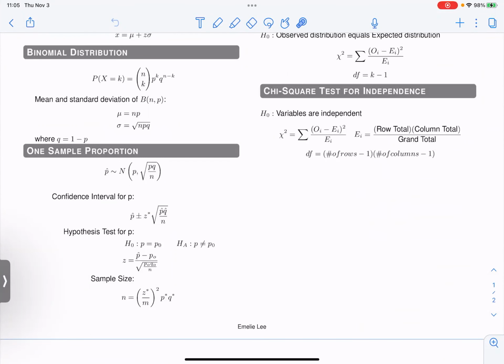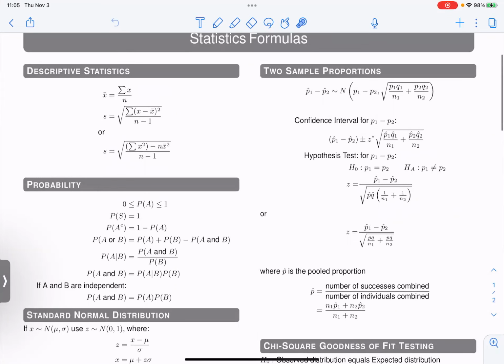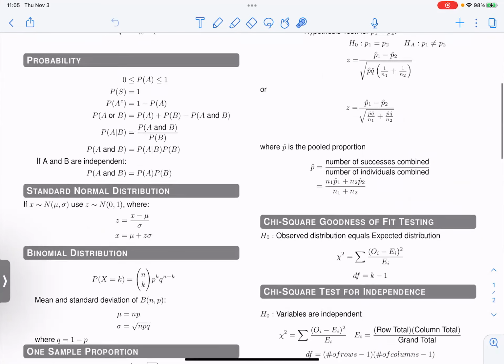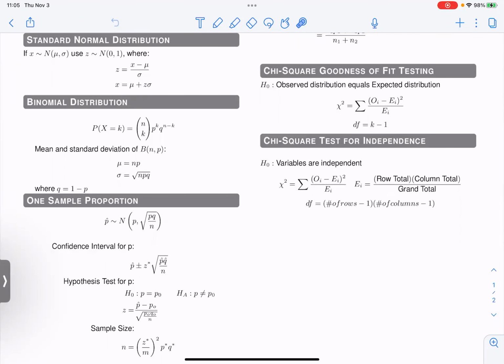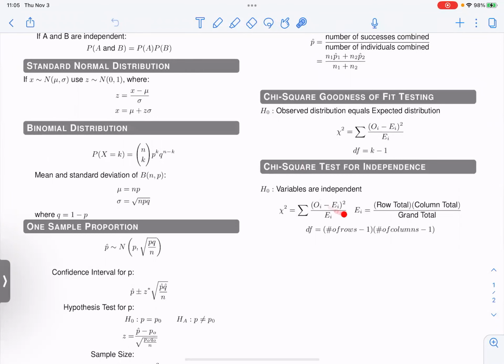You read it newspaper style. And I just keep piling stuff on here. So this would have been scary, just this at the beginning of the term. Now we've kind of picked away at it, but the chi-squared tests are down here. For us, we're just going to focus on goodness of fit testing and tests for independence. Goodness of fit testing is going to be for one-way tables, and independence is going to be for two-way tables. That's a little bit overly simplified from what we could be doing, but for this course,